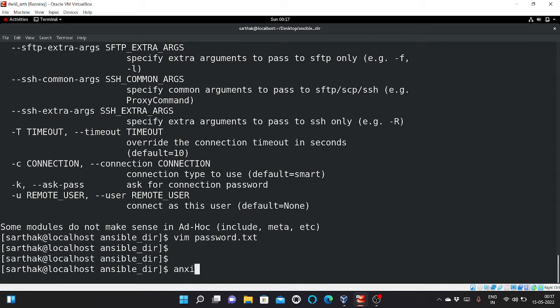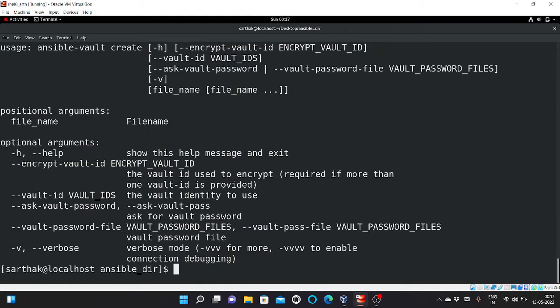Now let's create an Ansible Vault. Create. We can also take some help. So these are the various commands that we can use. So what we'll do, we will create the vault and save and take its password from a file. So we will use a vault password file,